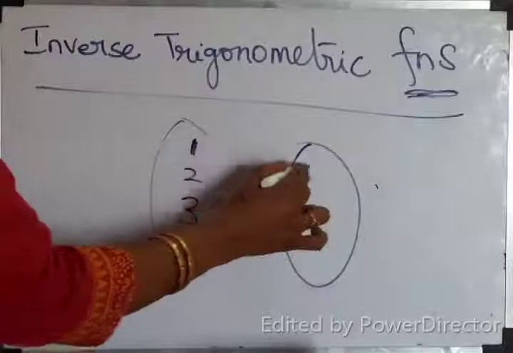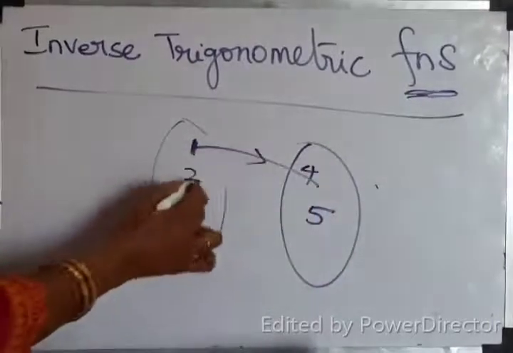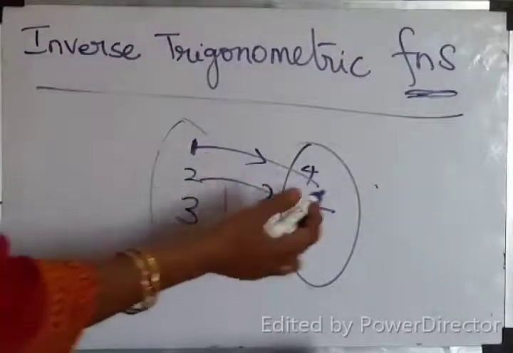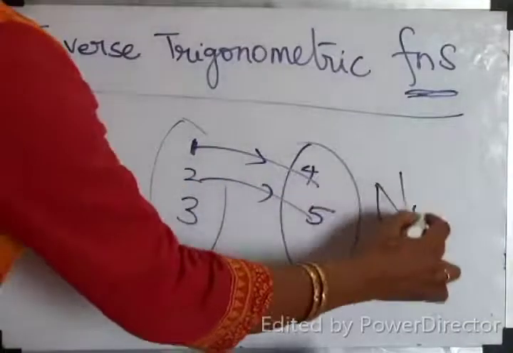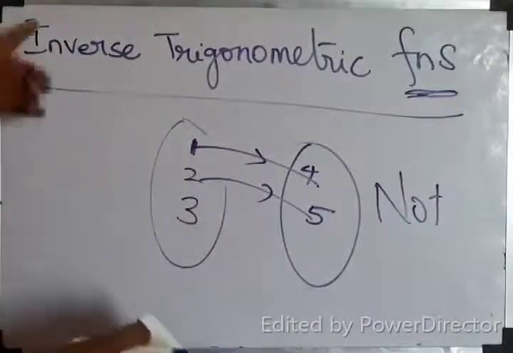1, 2, 3, 4, 5. 1 is mapped to 4, 2 is mapped to 5, but 3 has no image. Even now it is not a function. Correct? Now,